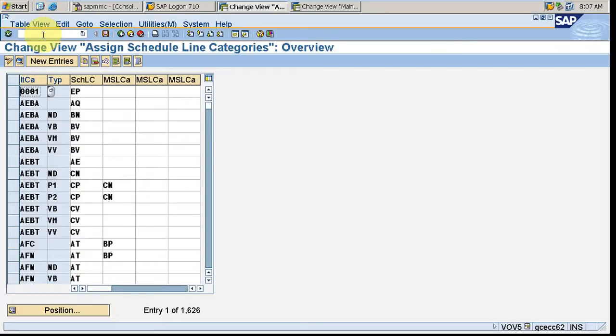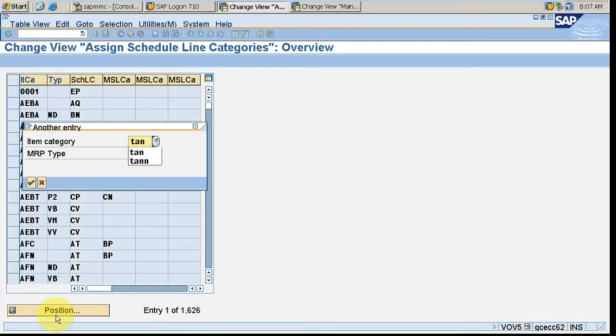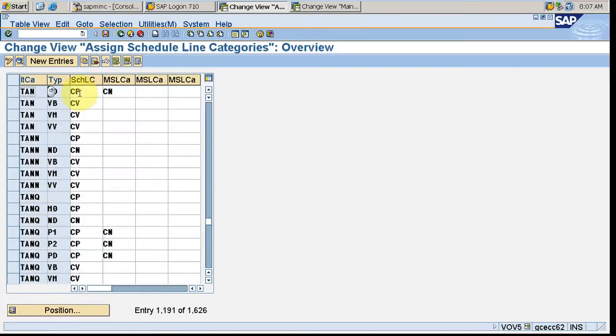Next, as we already discussed, how a schedule line category is determined: item category plus the MRP type determines the schedule line category. Okay, suppose it is TAN plus PD. PD we maintained in Material Master. I'll show you here. TAN plus PD, that means planning with MRP. That determines CP, and it also has a manual category, CN, that is no MRP.